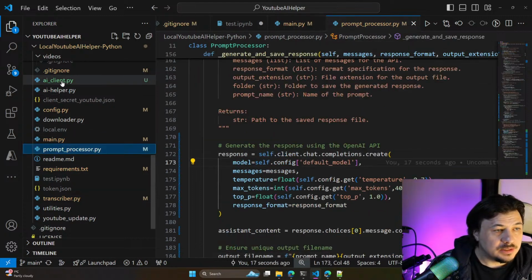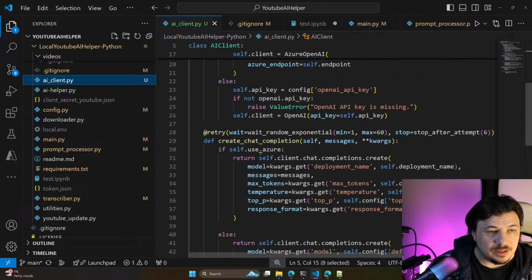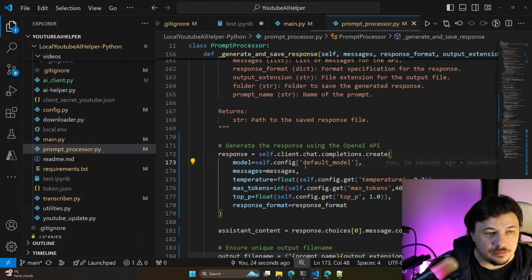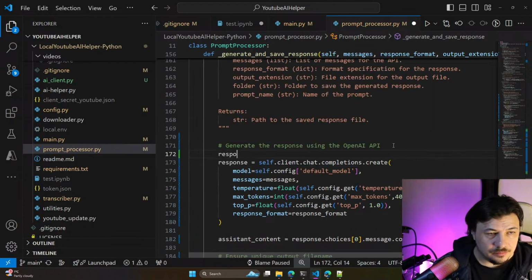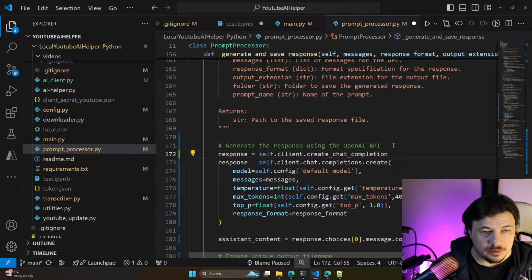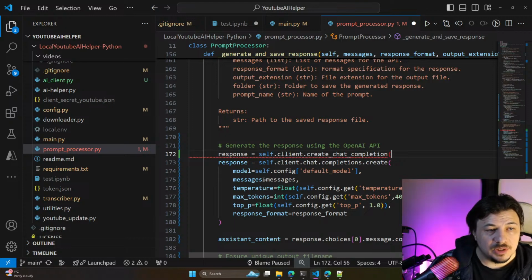Let's look once again at our client. We have that client create chat completion, response, self client create chat completion, and now it would be model, messages, temperature, max tokens, response.